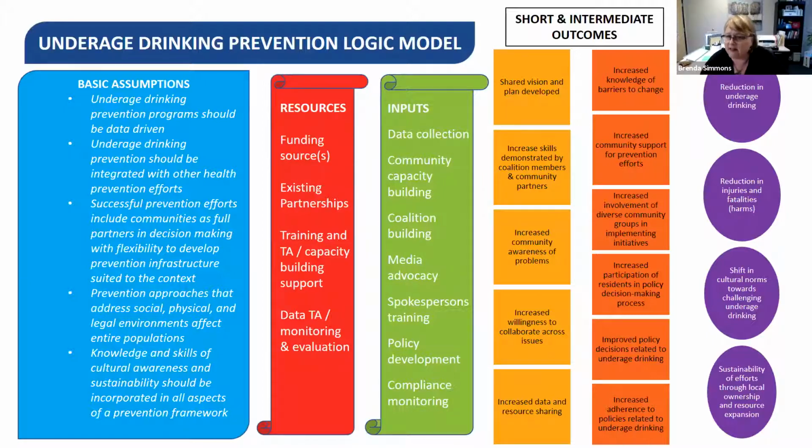Again, it's not completely linear. You're going to be identifying resources all along the way. You're going to find different strategies all along the way that are helpful to you. Your short and intermediate outcomes don't happen in a linear fashion. They overlap. And the long-term outcomes,